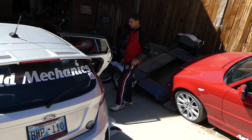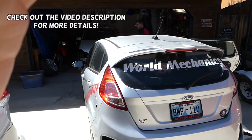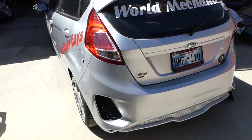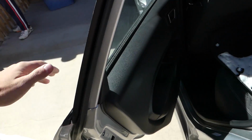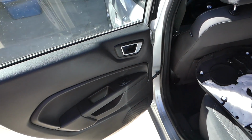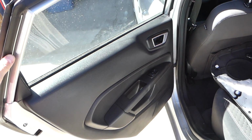In today's video guys, we'll be working on the Fiesta again here, the Fiesta Mk7. This generation is from 2008 to 2017 model actually. So what we're going to do today, we'll show you how to remove and replace the rear window regulator. The rear left and rear right side will be identical, so stay with us and we'll show you how to do that. If your window doesn't roll up and down all the way, most likely you have a bad